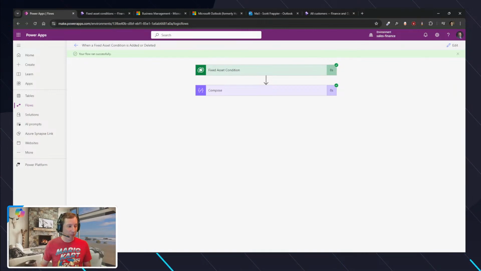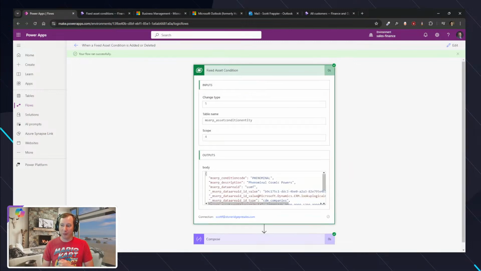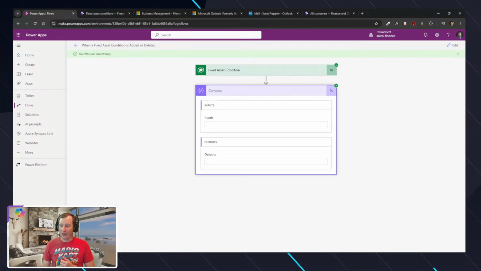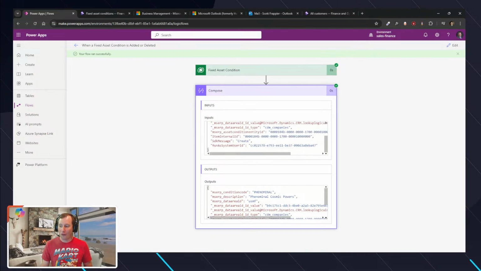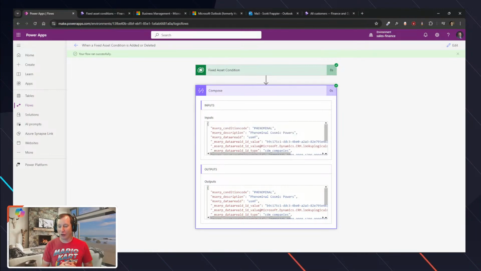So in this example, what we have is the fixed asset condition that was updated, modified, or deleted. And if I look at my compose, you can see here that I have all the detail of that particular condition that is occurring inside of here as well. So this allows me to create data-driven events for automation